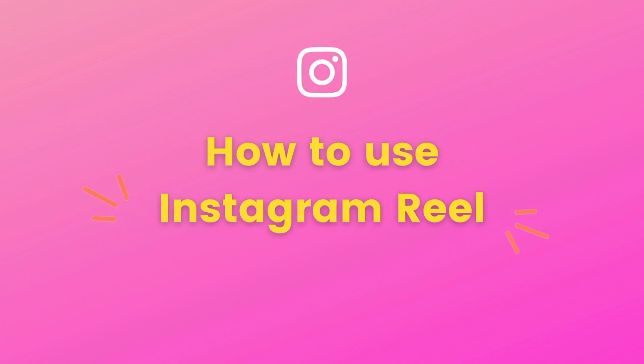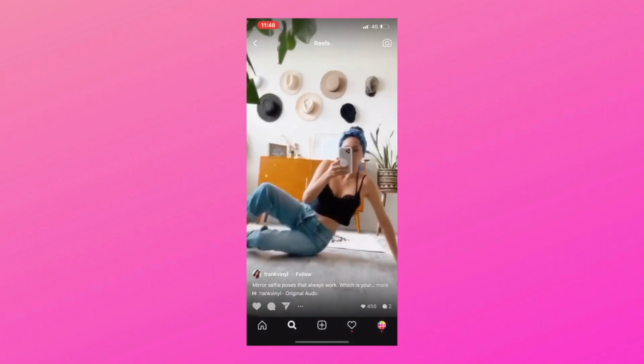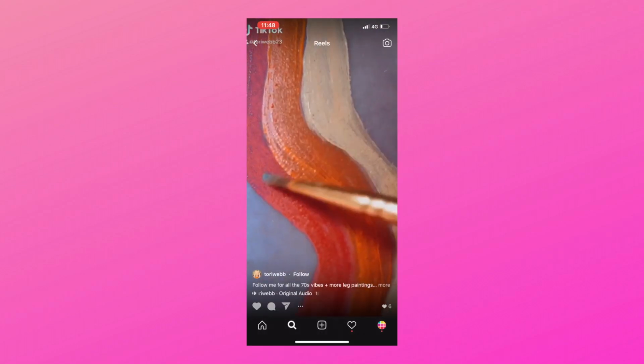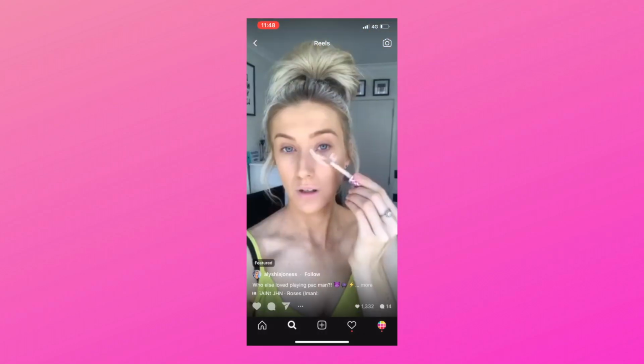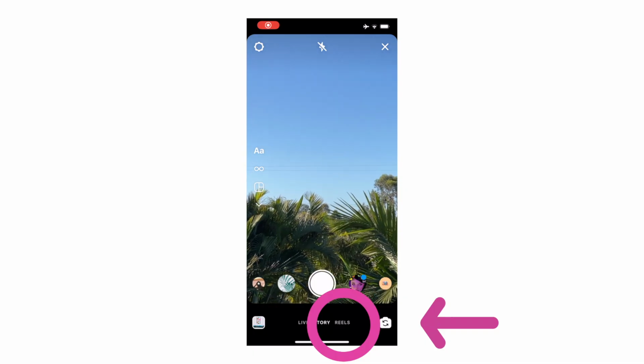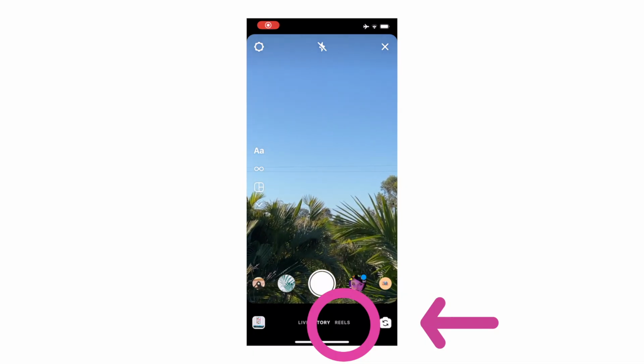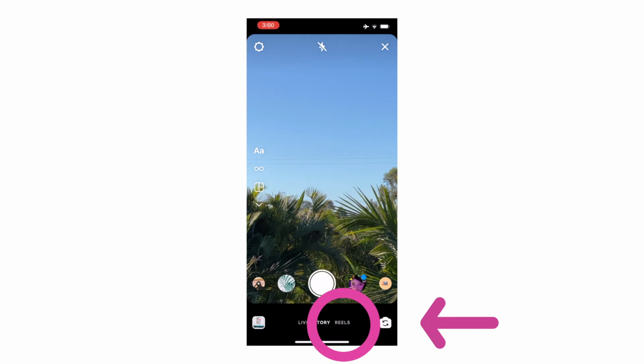Hello everyone, I'm going to show you how to use the new Instagram Reel feature. I'm going to keep it very short and sweet because it's so easy to create an Instagram Reel. So let's start. The first thing you want to do is open your Instagram stories and press on the Reels